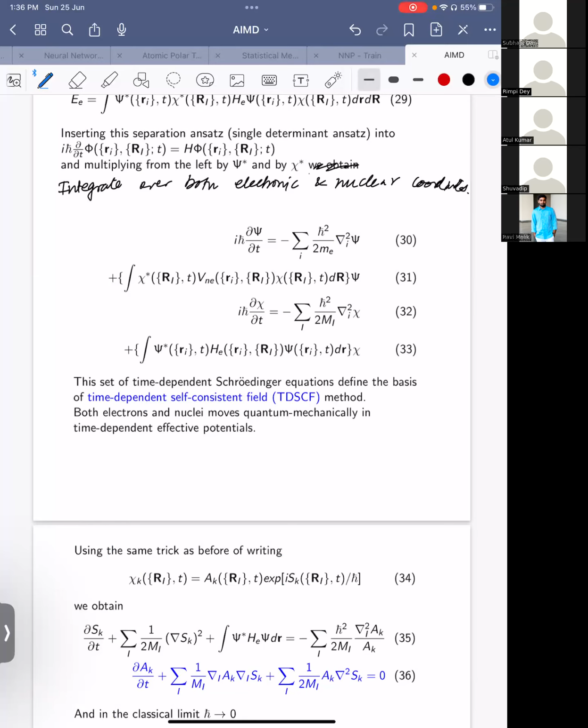This coupled equation is reduced to the classical limit in the RN fist. Okay, we have to check. I think I have not seen anybody use this RN fist MD for the real